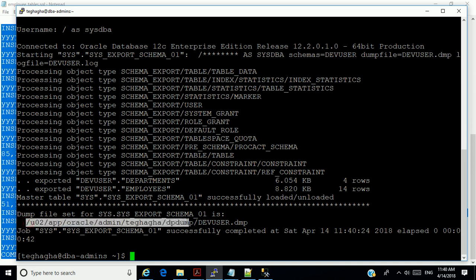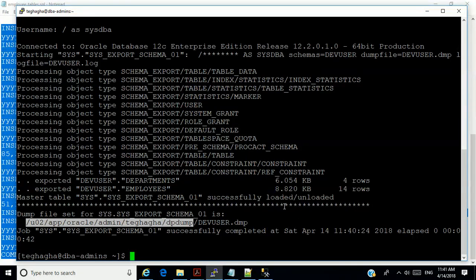Now let us see what this is defined as on my computer. You notice that it was exported to a directory called U02 app Oracle admin dpdump, which is a default directory that is created by itself when you create a database. But remember, that is not correct. You must define your directory as a database administrator and do the right thing. I got away with this simply because there is space, and all that kind of stuff. You might not have the space. You might not have the permission to write there. So always remember to do the calculation first.